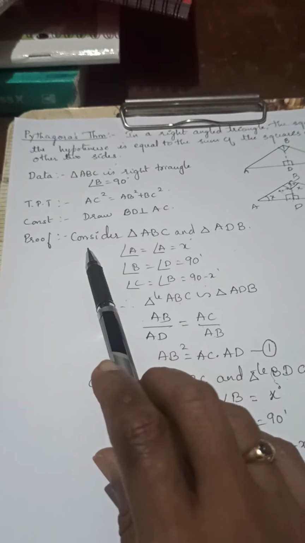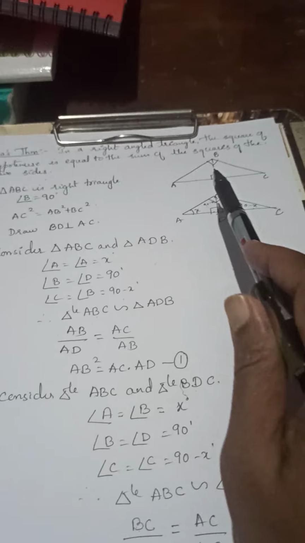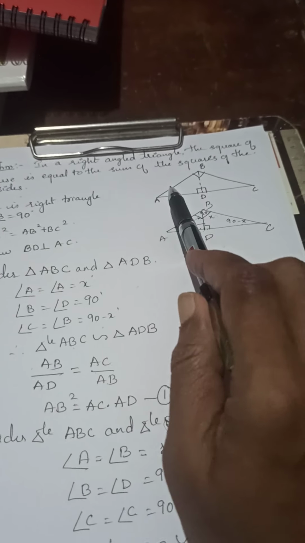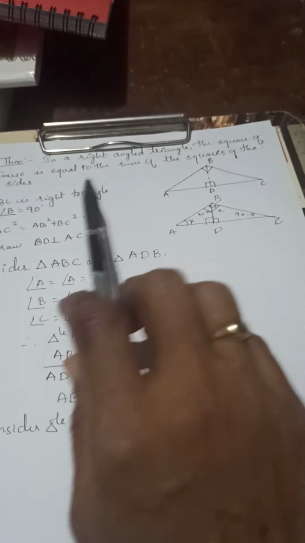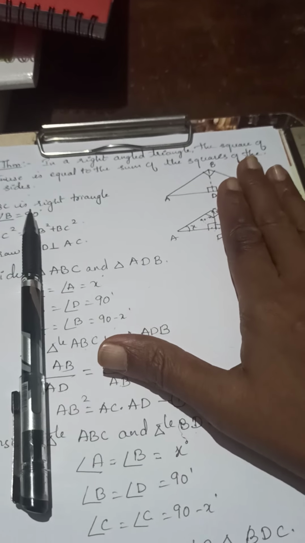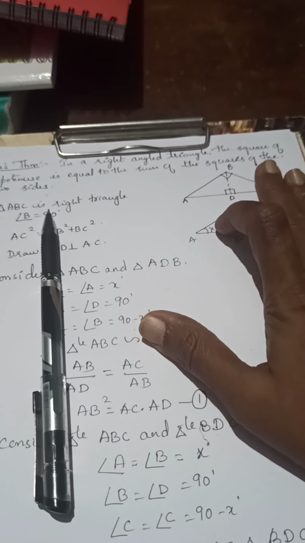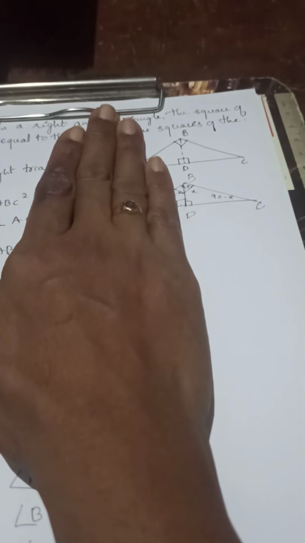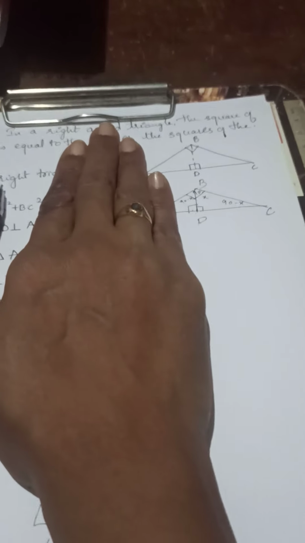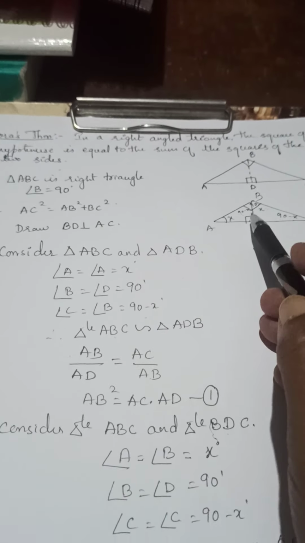So now consider triangle ABC. So we have three triangles here. So this is 90 degree. Once we have taken X here, the other side we have taken 90 minus X. So when it is with a smaller triangle like this, what happens? D is 90 degree, A is already X. What happens to this angle? It becomes 90 minus X. Likewise this side also, already this is 90 minus X. This is 90 degree, so here angle B becomes X.